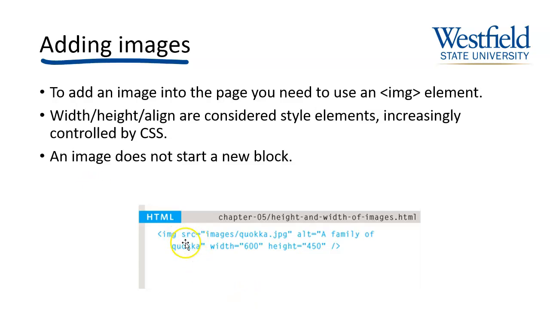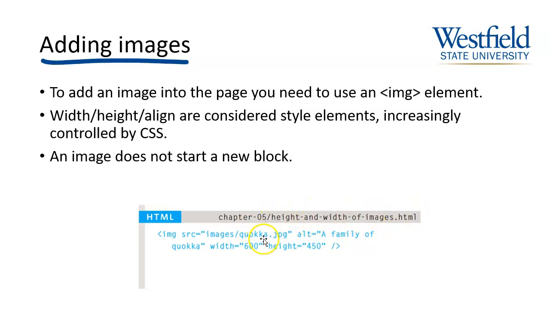So to add an image into your HTML document, you just add this tag, and normally it will be just one self-contained open and close tag. So this is just the shortcut. This is the open and close tag all merged into one. And you specify what image to show, and you point to a URL in the SRC attribute. In this case, this is a relative URL, so this will be found within the same server as this